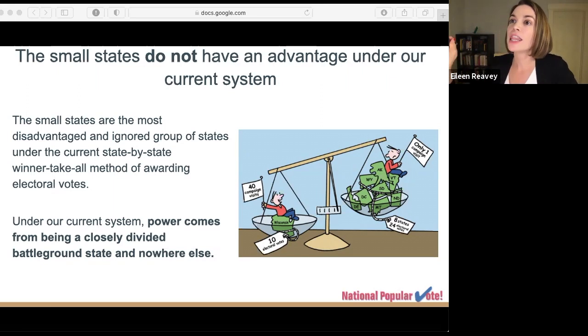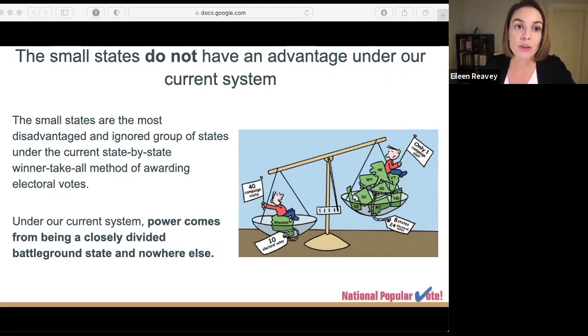If you look at the 8 smallest states, those states that have 3 electoral votes, including the District of Columbia, together between the 2008, 2012, and 2016 general elections, they had 1 general election visit during that time period, just 1 among those 8 states over that 8-year period. In contrast, the closely divided battleground state, which had about the same population as those 8 states put together, received 40 campaign events during that same time period. Now, they received 40 campaign events despite the fact that they had 10 electoral votes to those 8 states' 24